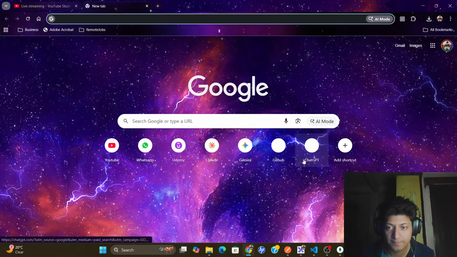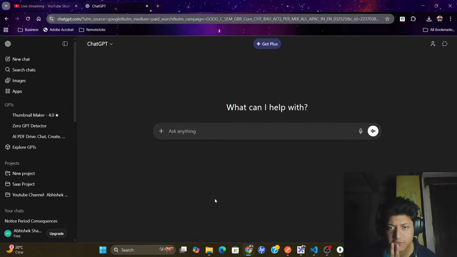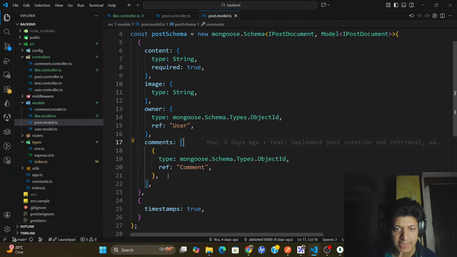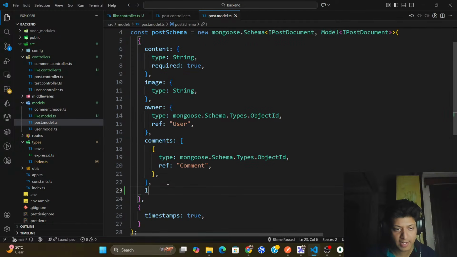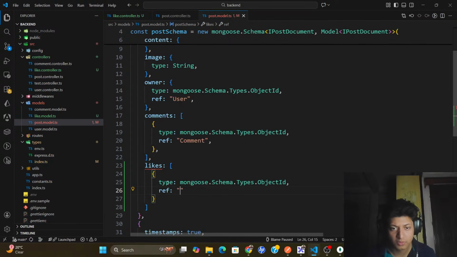Chat GPT. The post model. Where's my post model? Here's my post model. I need to mention likes as well. So here I mention likes. Likes are basically users. Type mongoose dot schema dot types dot object id ref will be